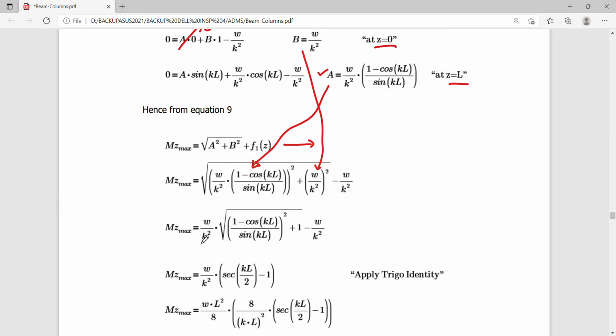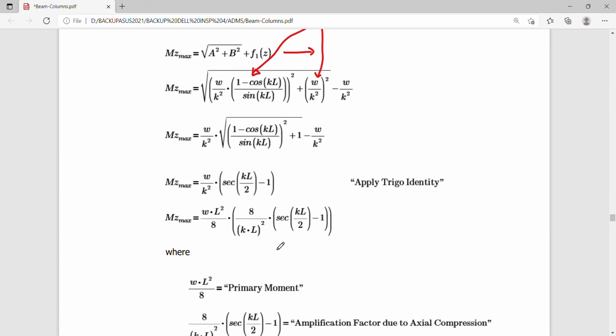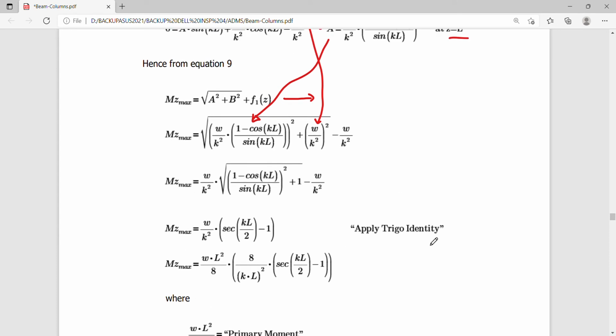So mj max by factoring can be reduced in this form, and by simply using a trigonometric identity, so I did not place the details of this, we can come up with a second formula in terms of the magnification